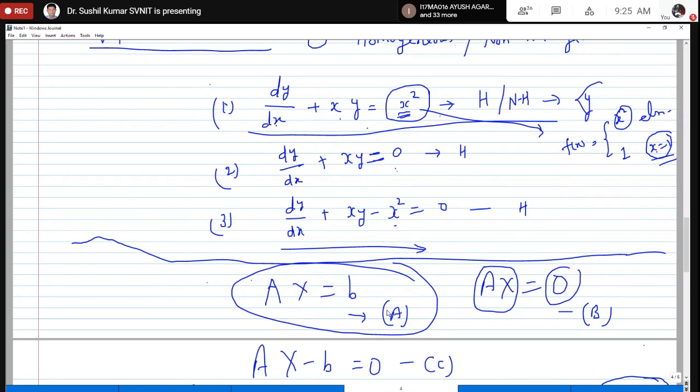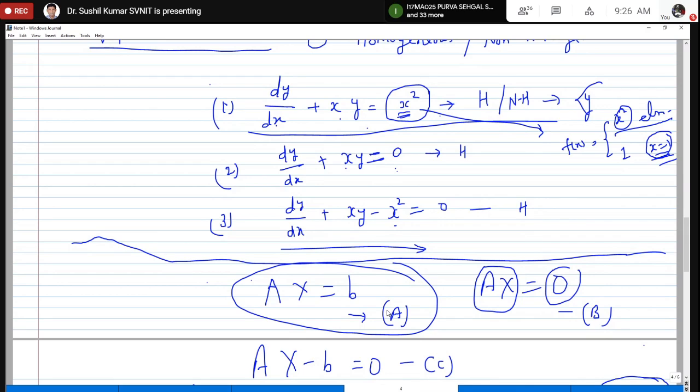Okay, if 1 is not included in the domain of this problem, x equal to 1 is not a part of the domain, then it is 0. So the equation will be homogeneous. So the free term being identically 0 means in the domain of the problem, this term is 0. So if the free term is 0, then the equation is homogeneous, otherwise non-homogeneous. That is a simple definition. It is a definition for all types of equations, whether it is ODE, PDE, linear equation, or non-linear equation. It is true for all types of equations.